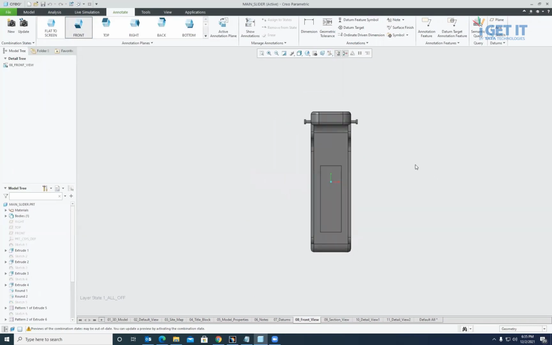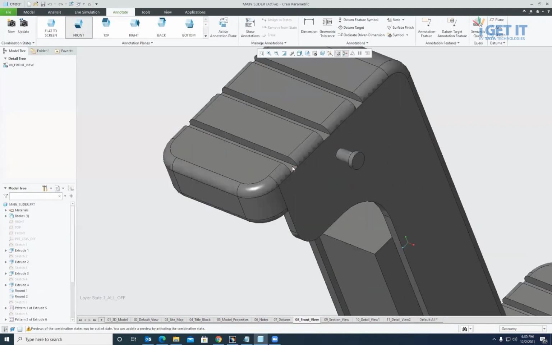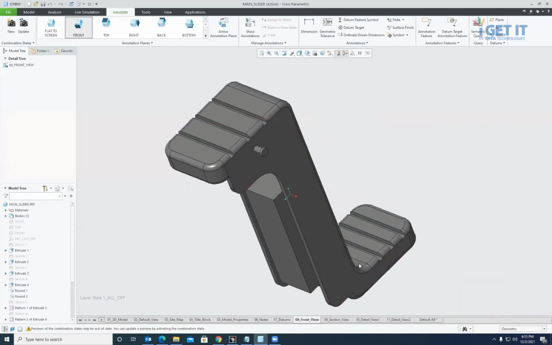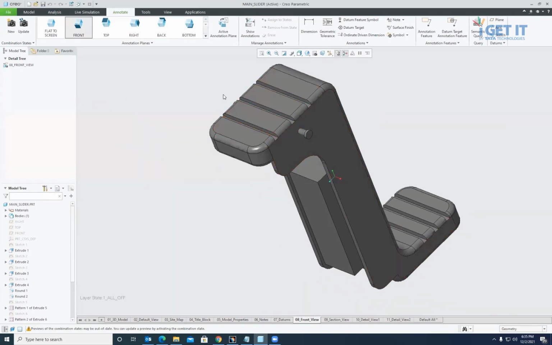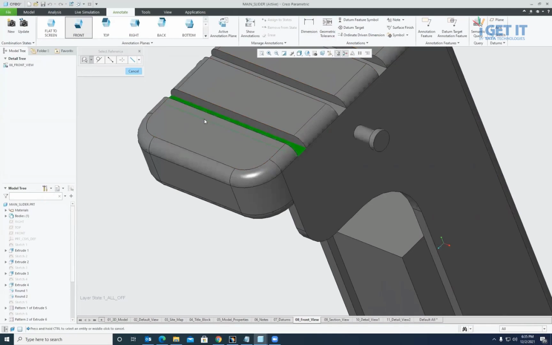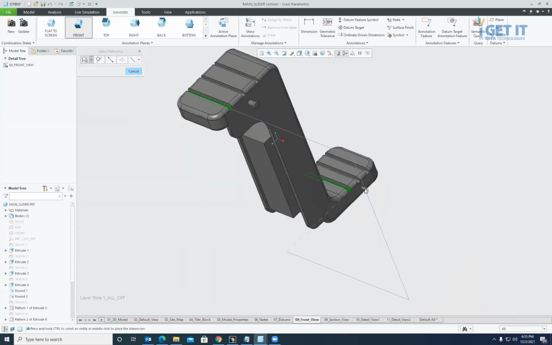Here, first I need to create a dimension which is between this surface and this surface, both the cut inside surfaces. So I go for dimension creation, and I select this surface and the other one.